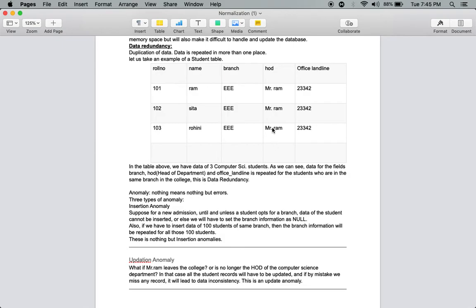But if we forget to update in one column, then it will lead to data inconsistency. Inconsistency means incorrect value. That value is not correct. So this is known as update anomaly. While updating the data, if you forget to update in any column, it leads to update anomaly.